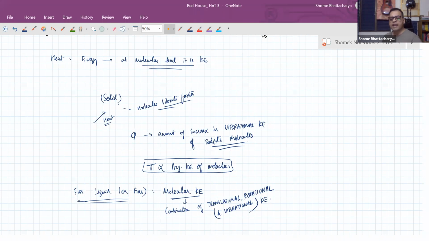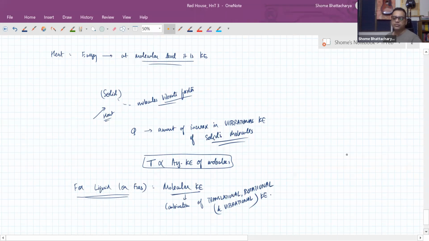So accordingly, what will happen? The average kinetic energy of a molecule will decrease or increase according to whether we are withdrawing heat or supplying heat, proportional to the amount of heat that is being exchanged. So now the temperature is nothing but a measure of the average kinetic energy of the molecules. So the temperature change should become proportional to Q. That is the explanation of why temperature and Q are proportional to each other when there is no state change